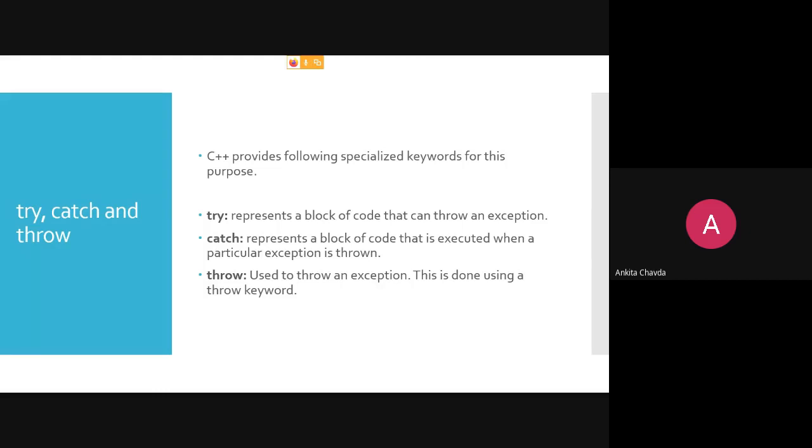If it finds any kind of runtime error in this block, it will throw an exception, which will be caught by the catch keyword. Catch represents a block of code that is executed when a particular exception is thrown. And throw is used to throw an exception. So try, catch and throw. We will see examples so you will be more clear.